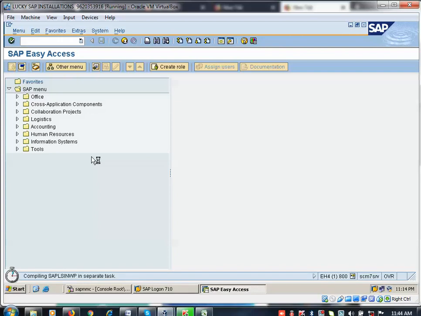Okay, so now here, you have to enter any data, so that is called input data. Input data means you have to enter your user ID and password. After entering your input data, then you are able to log into your SAP. Before we go to this one, I will explain about PO.